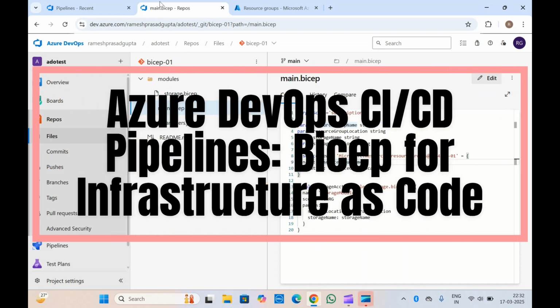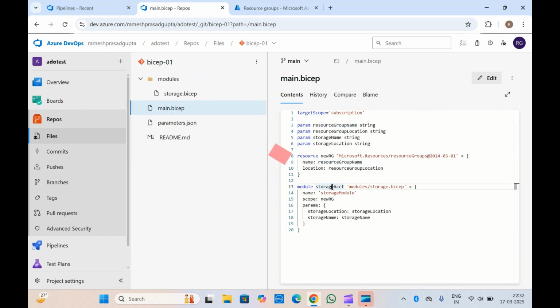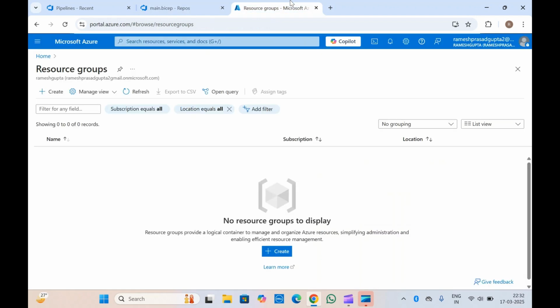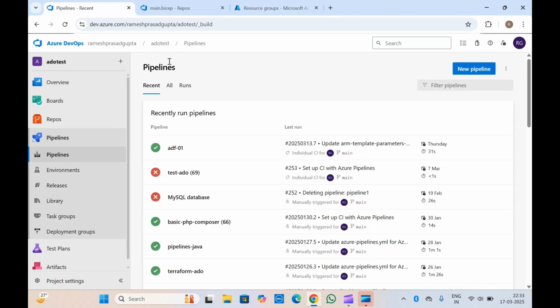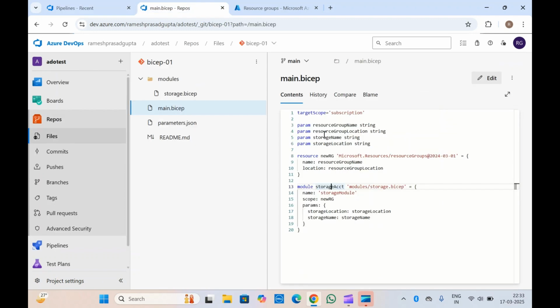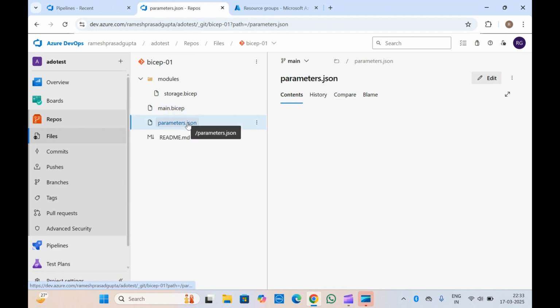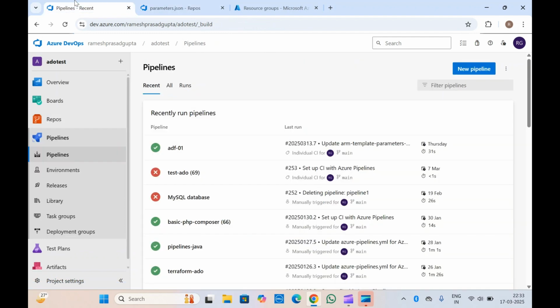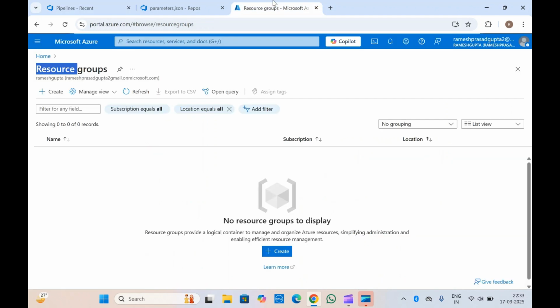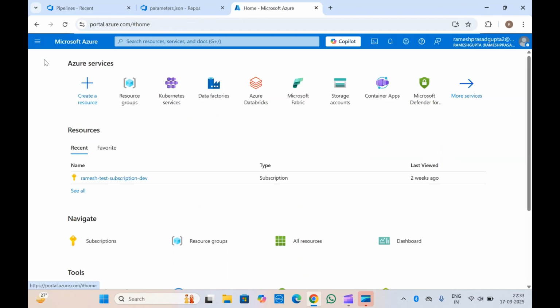In this video, we are going to discuss creating the Bicep template and deploying it to Azure, or creating the resources in Azure using Bicep and deploying the same with Azure DevOps pipelines. We have the Bicep templates and Bicep files along with parameter files. We have the Azure DevOps environment where we will create the CI/CD pipelines, and we have the Microsoft Azure environment